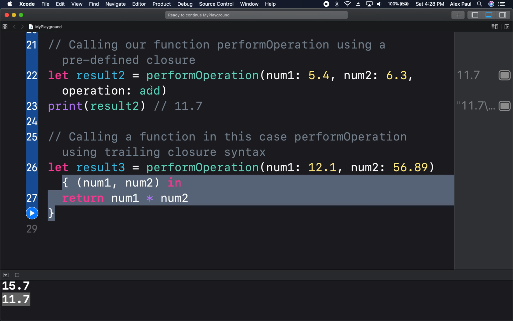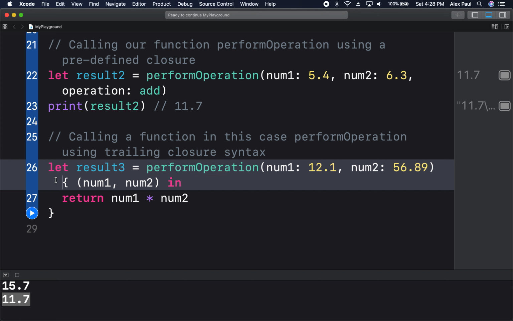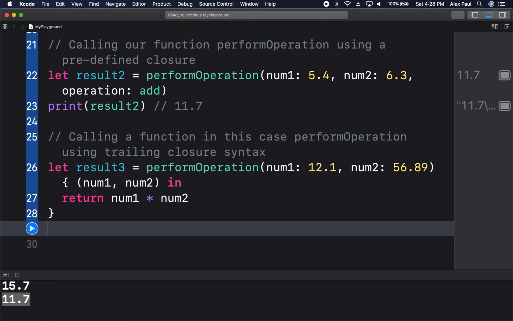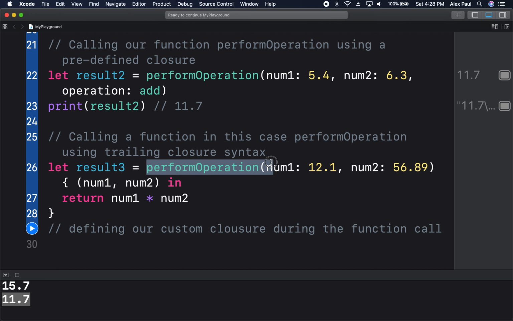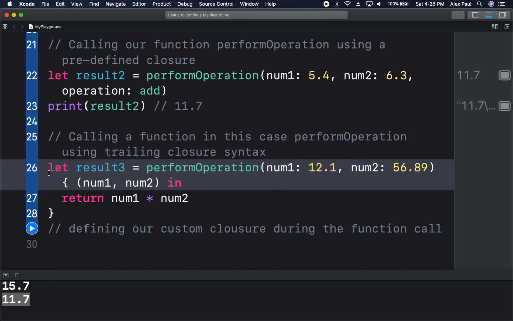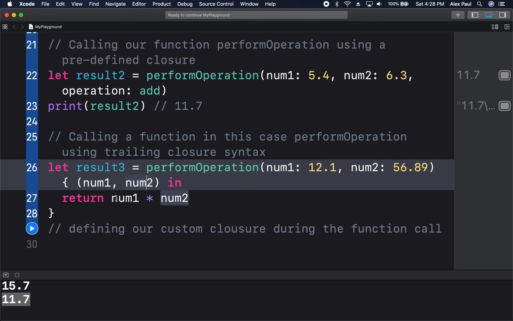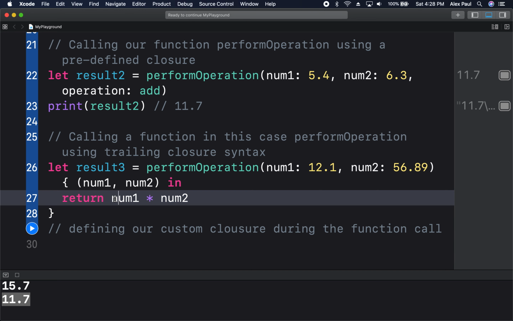Before we provided the add closure, but here we are actually defining our own closure in the function call, right? So here we are defining our custom closure during the function call, right? So this is the function call. We are calling our function perform operation. We are passing it a closure that we defined. In that case, we're saying go ahead, instead of adding num1 and num2, go ahead and multiply num1 and num2,